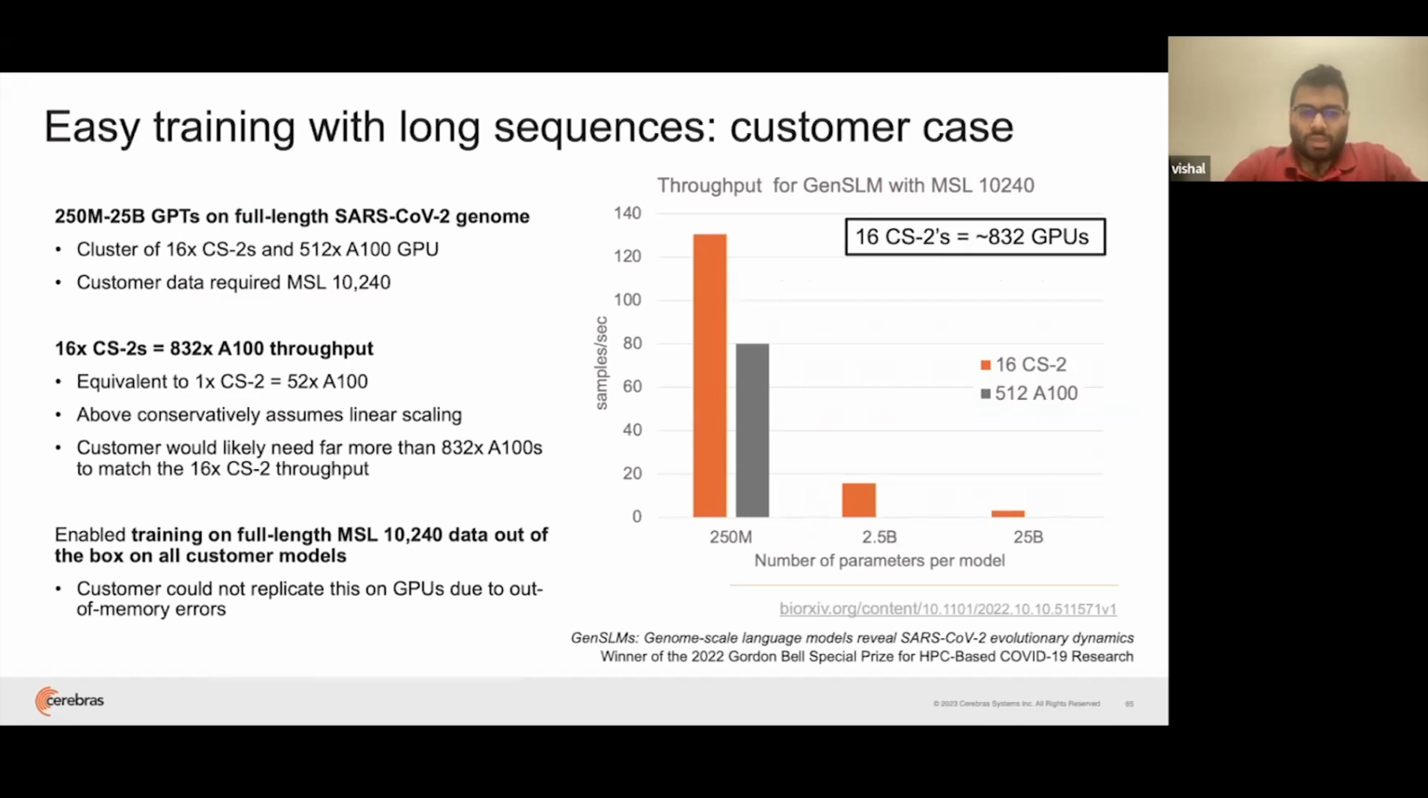Now, you've seen the slide earlier. This is one example where we've seen larger sequence lengths having tremendous value. This was work we did with Argonne National Lab last year for the Gordon Bell, where we were studying the SARS-CoV-2 evolution dynamics with these foundational models called GenSLM, where we were able to run a 250 million parameter model, and they were able to reproduce the results on a GPU. And then when we went to the 2.5 and the 25 billion,